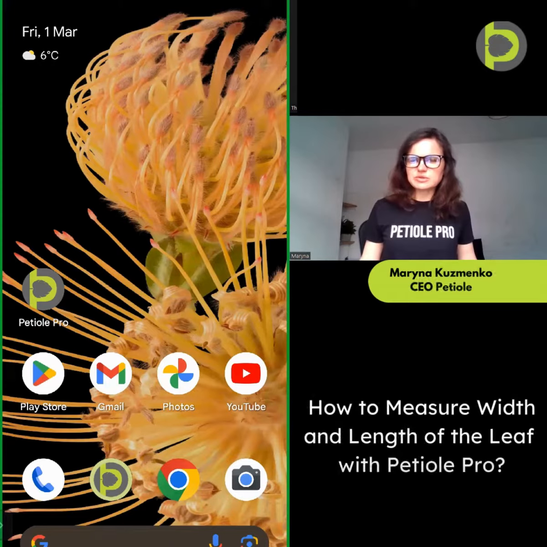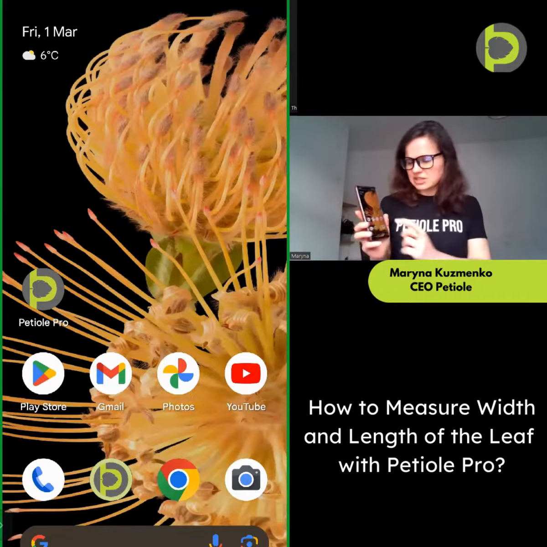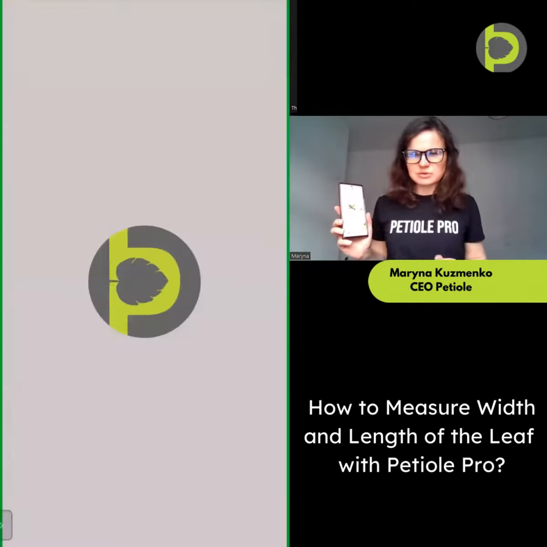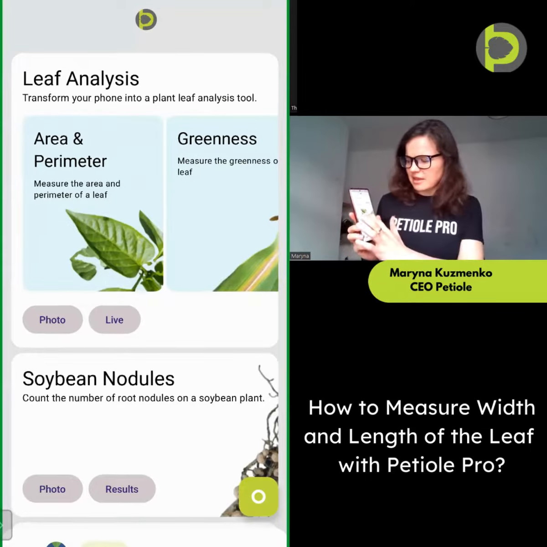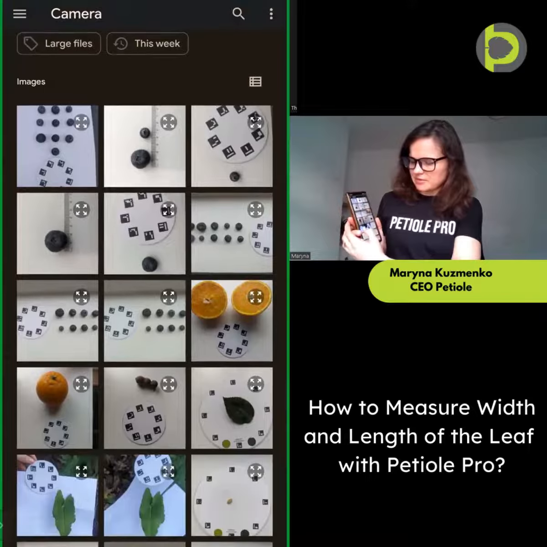Today, I will show you briefly and step by step how to measure leaf width and leaf length using Petiole Pro. So you have your mobile application installed. All you need to do is go to the mobile app, then choose the photo with your leaf,